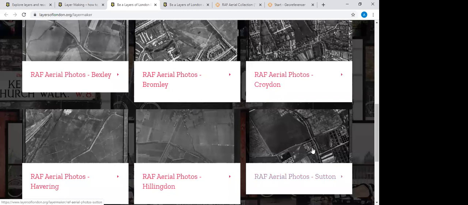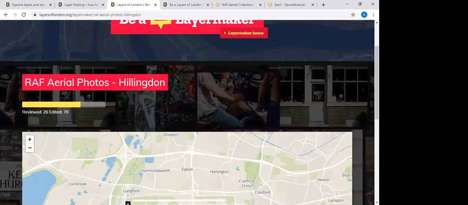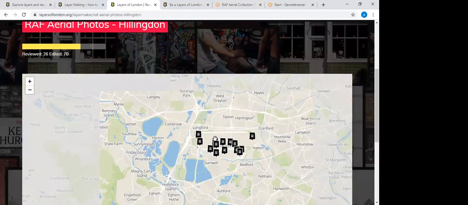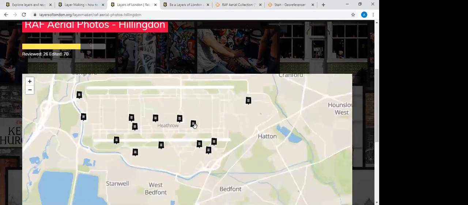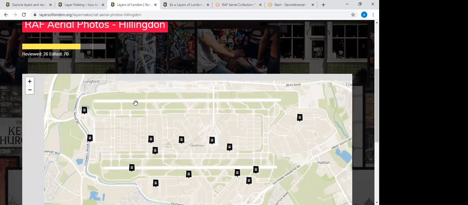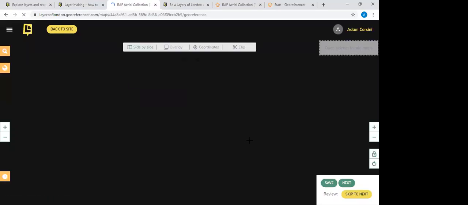If you click in one of those boroughs, so I'll click in Hillingdon, you can see how many have been edited so far and how many of the edited have been reviewed. And then in this space down here, you can see some of the ones that are yet to be done. So quite a few around the Heathrow area are still to be done. And by clicking on one of these, let's just click on this one here. It says add to layer now, and we click on that, and that should bring up